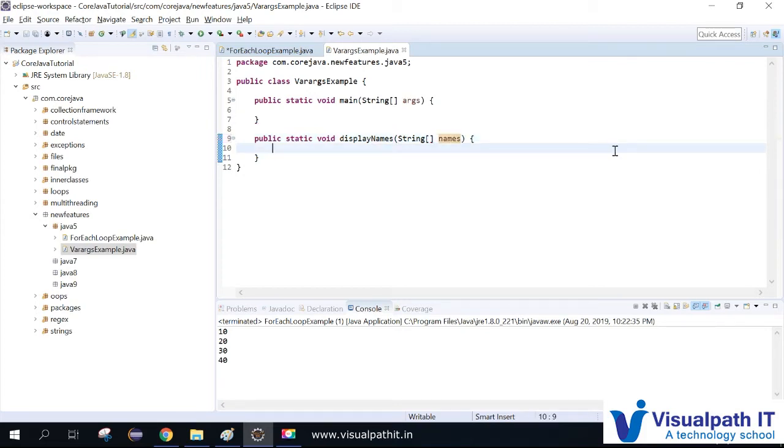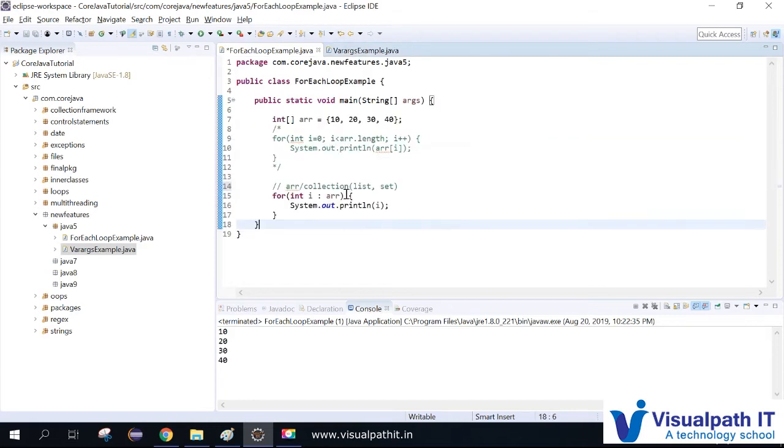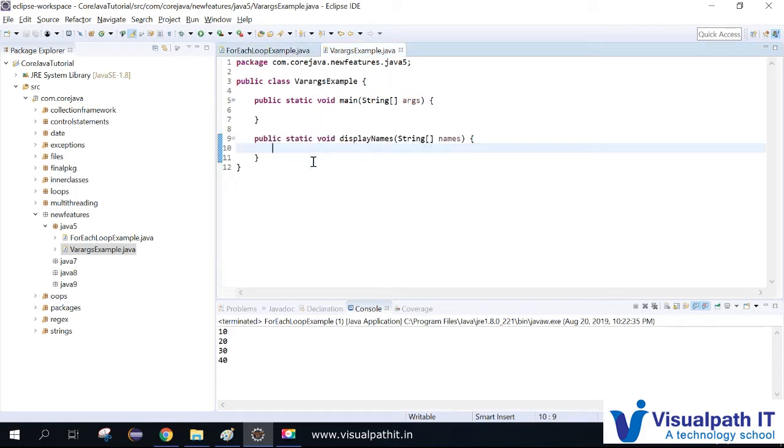So here I'm just using a for each loop. We don't need to have a for loop for that, as we just discussed for each loop, and I'm using it to print the elements. Earlier we saw the example for printing integer elements. Now I'm explaining how to print the string elements. For that we have to declare the variable name. The type is string, right? You just need to have a string variable, String name.